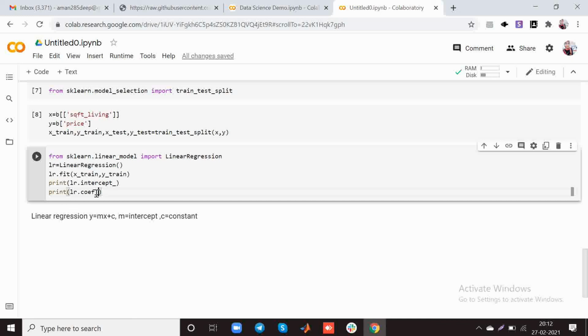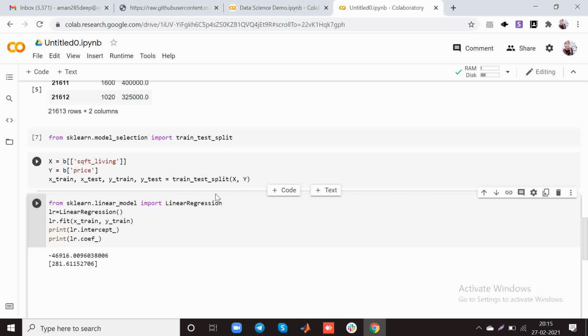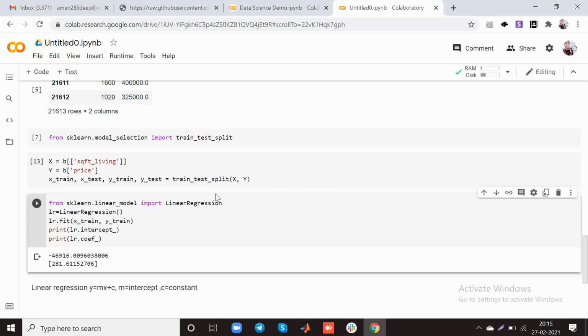It is a method to find the coefficient of our linear equation. Now we will print this. So after fitting our data for the linear regression, we find that our intercept is minus 46,916 and the coefficient is 281.